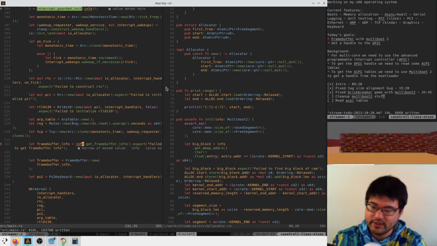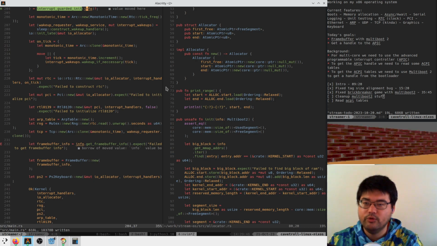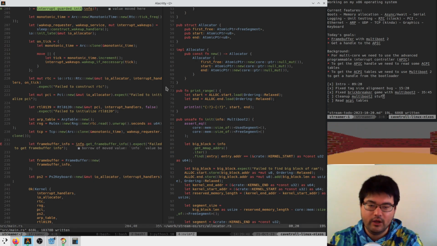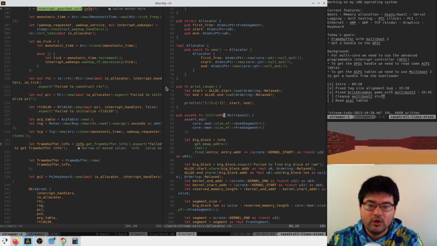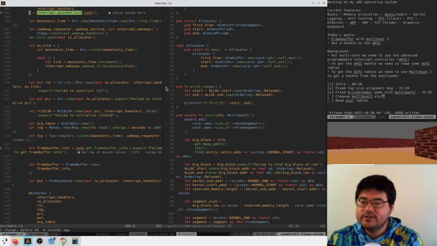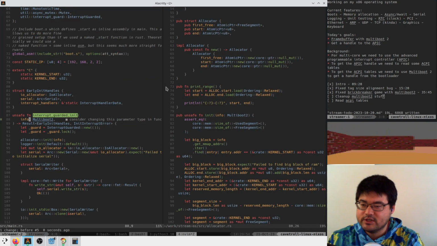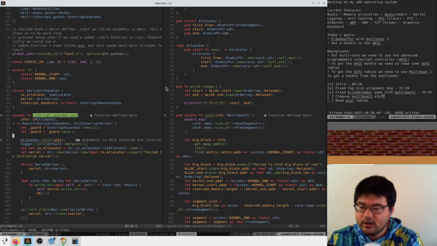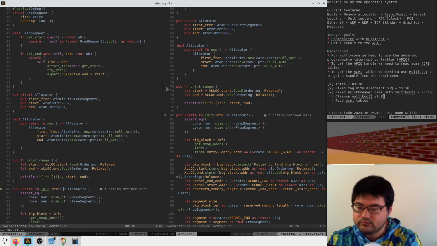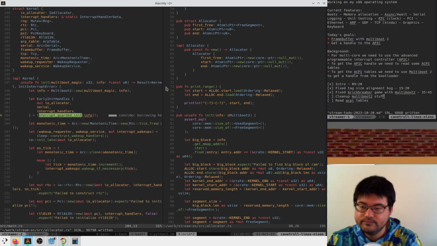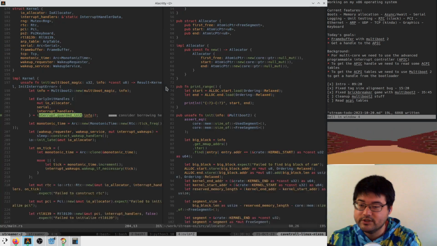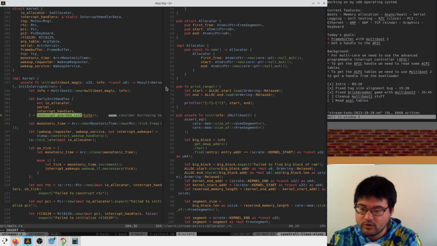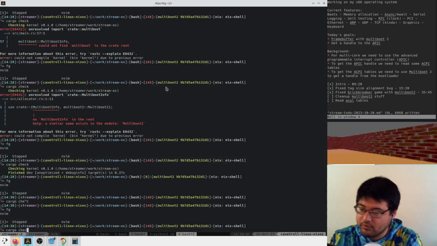Now we don't have to construct him twice, but we do move him. So we'll fix all of these to take him in by reference, because he doesn't actually need to be moved here. Great. Borrow check. Oh, he needs to consider a borrow here. Of course. And we cargo check.